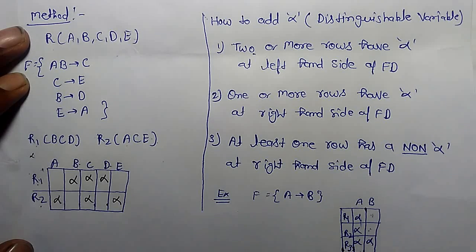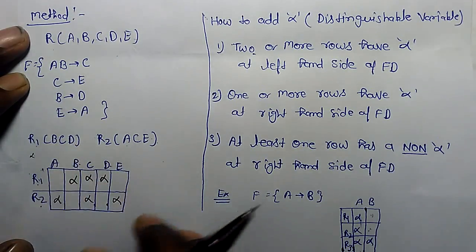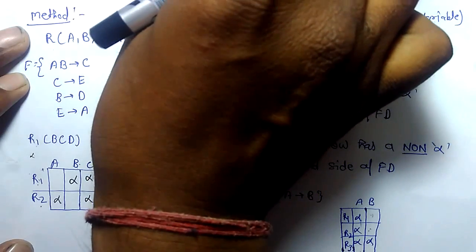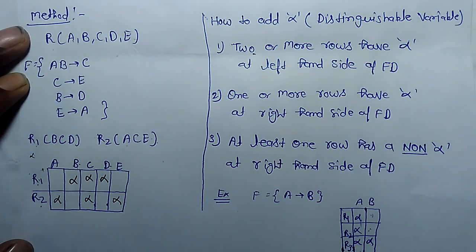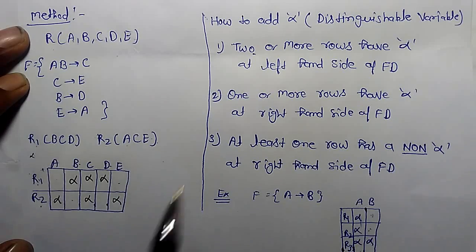If we get at least one row filled with alpha, then we can say the natural join of these two subschema produces exactly the same relation R. So how can we add alpha at the blank positions? The method is,